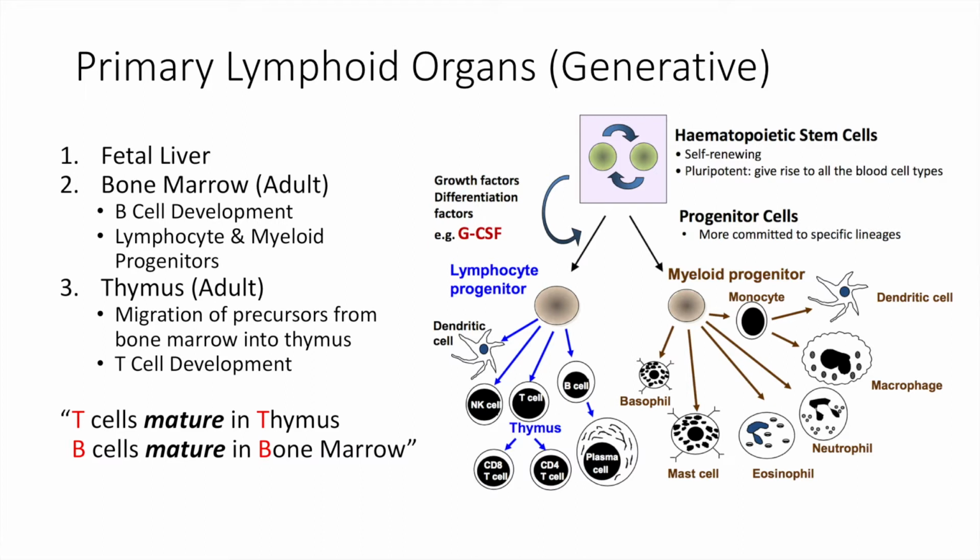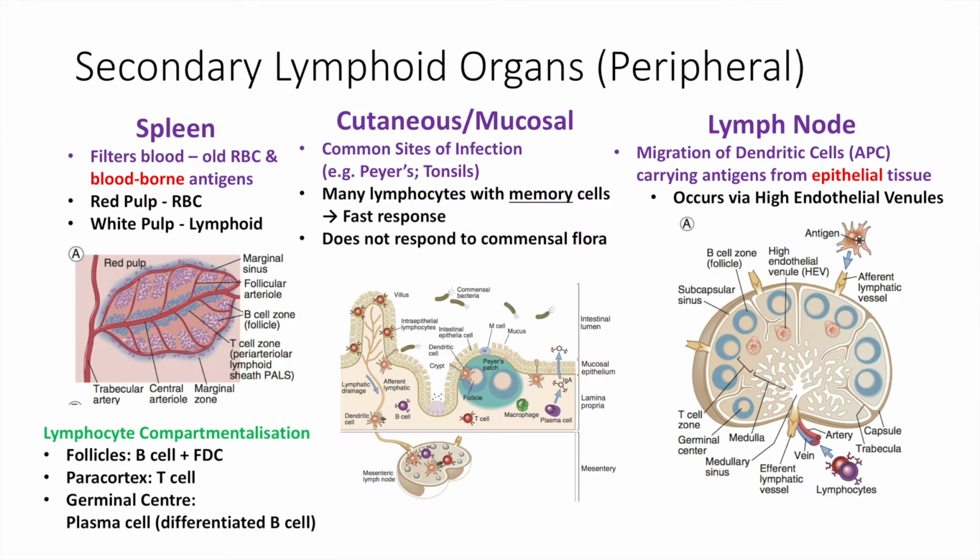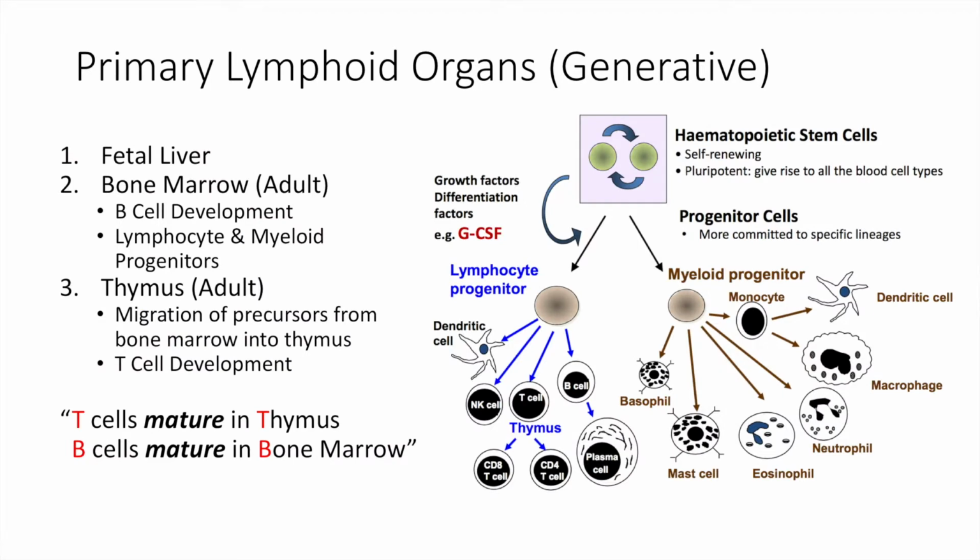You have two kinds of lymphoid organs in the body. The first is the primary, also known as generative lymphoid organs, because they generate the lymphocytes from stem cells. And the second is your secondary lymphoid organs, also known as peripheral lymphoid organs. This is where antigens are presented to lymphocytes for activation of the adaptive immune response. So in the primary lymphoid organs, there are three main organs that you need to know: the fetal liver, bone